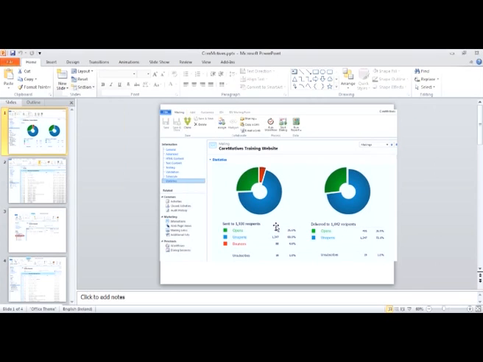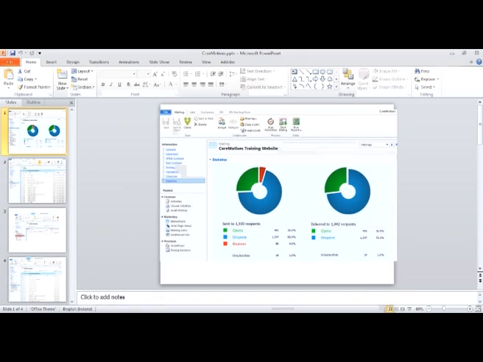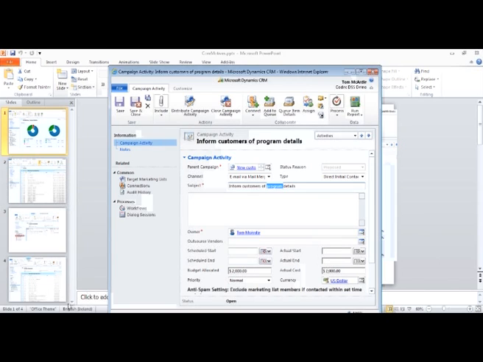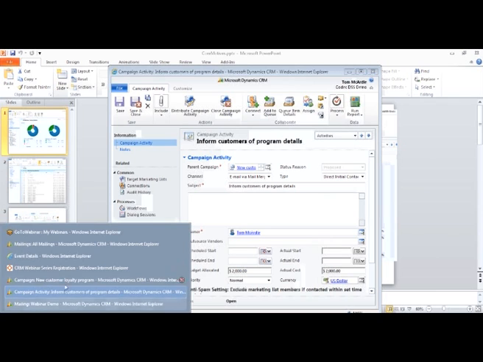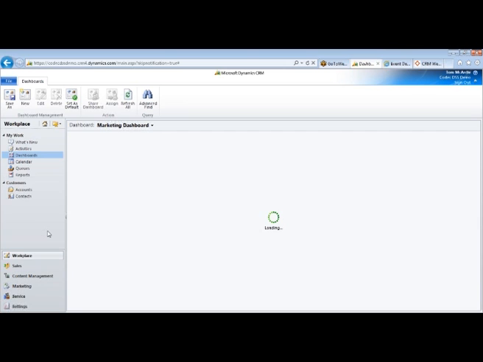Just one last thing, we're trying to keep this as quick and as brief as we can. One last thing I wanted to show you on the marketing is around the dashboards functionality. The dashboards functionality allows you to report back on some of the information relating to your campaigns. So if I go back into the CRM dashboards area,